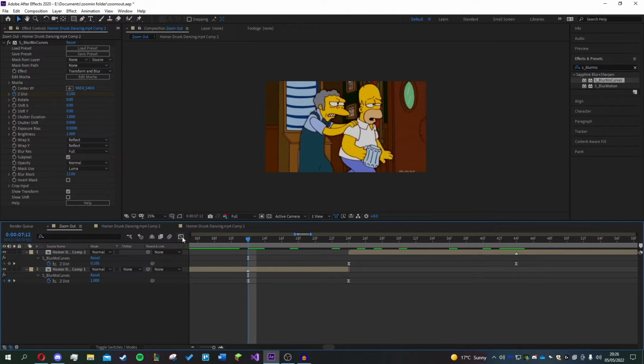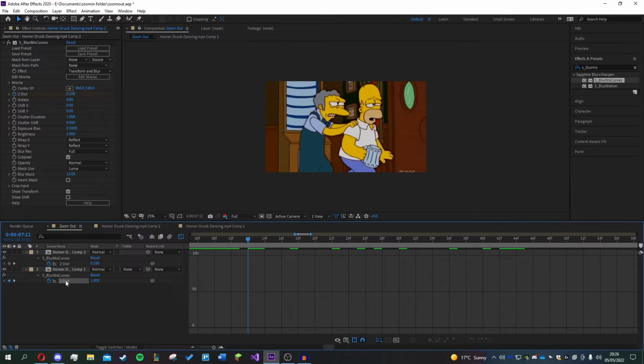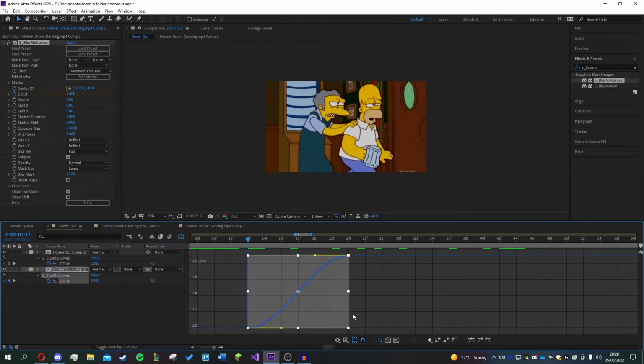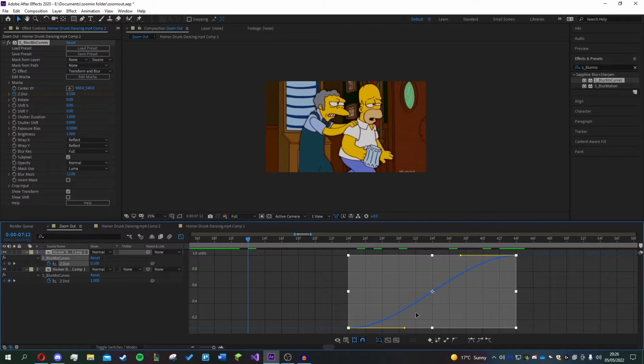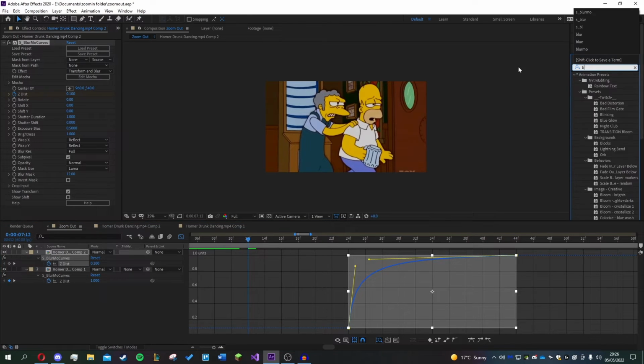And what we're going to do is we're going to click on the little graph here just so we can bring it up. Click on the effect you want to change the graph of, and for the first clip we're going to go ahead and drag these two yellow dots to be like this, so it ramps up. For the second clip, you're going to go ahead and drag them to the top left so it curves like this, and then we're going to go ahead and add